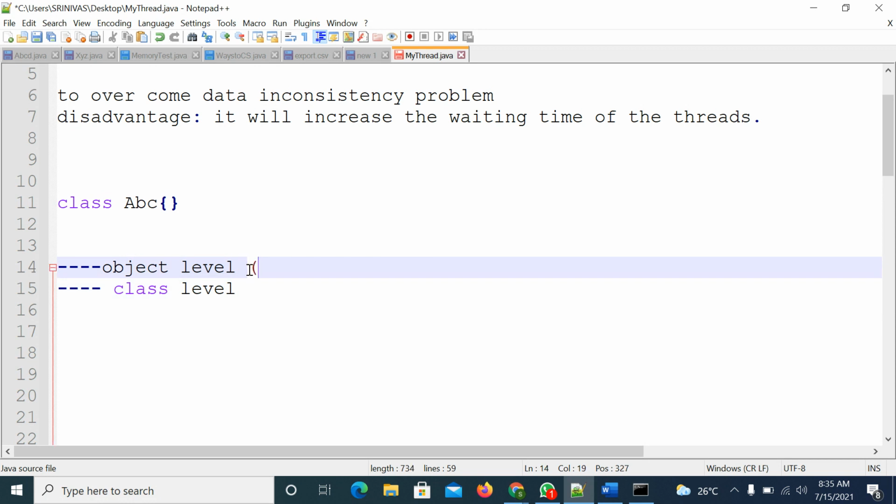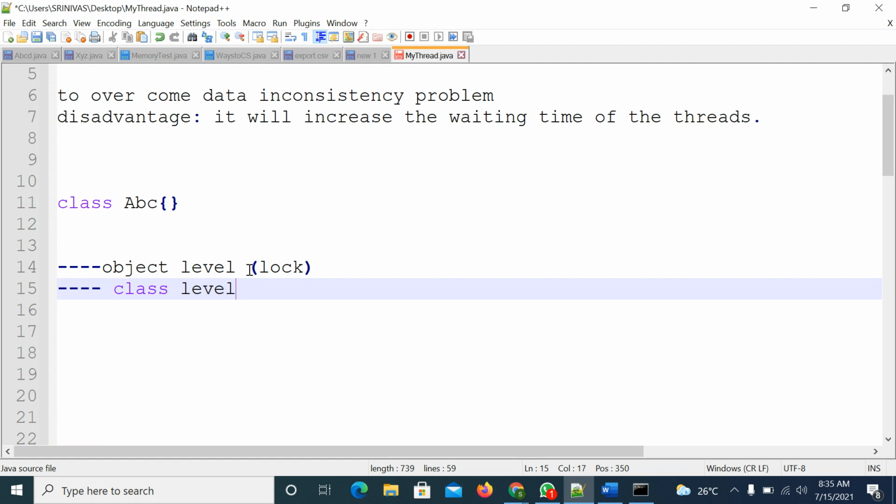In case of synchronization, at the object level there will be a lock, and at the class level there will be a lock, right? So every object in Java has a unique lock.